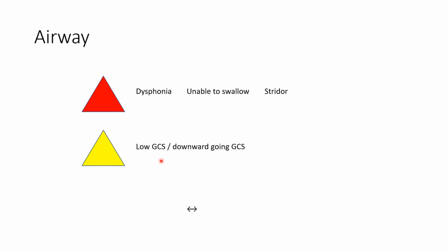Then there's the low GCS, which is always a thing where you should ask, what's the delta? Is it going up or down? If you had a patient who just came out of convulsions and is becoming better and better, even though they might have a low GCS now, they're going the right way. Then their airway isn't as problematic as if they're going down, or you have an intoxicated patient who is becoming worse and worse and worse. So for the GCS we often need a delta.